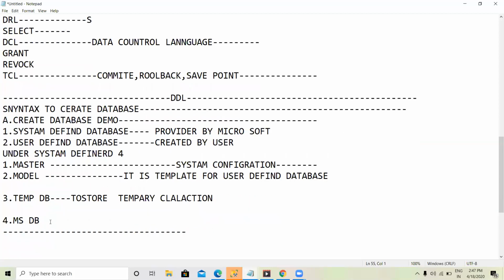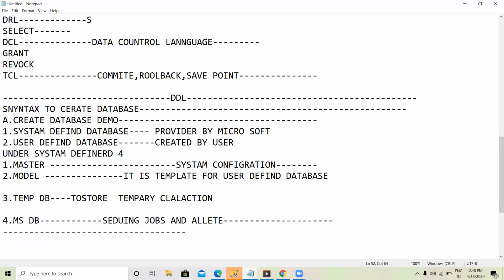Now MSDB. Microsoft DB means it is used to schedule jobs and alerts. Scheduling jobs and alerts. Okay, jobs and alerts.